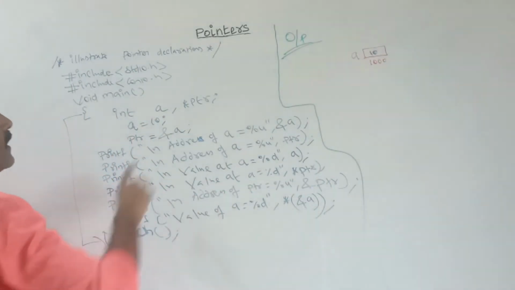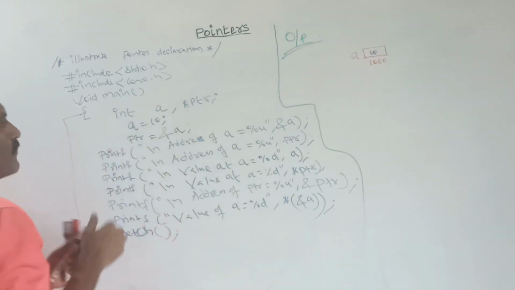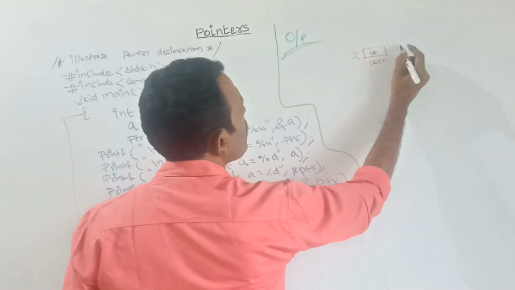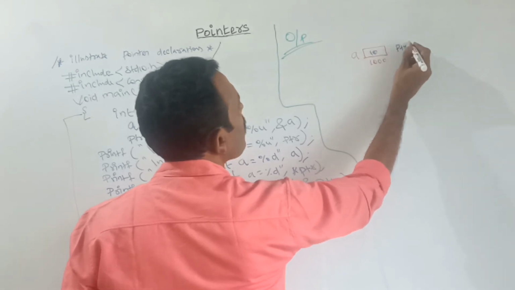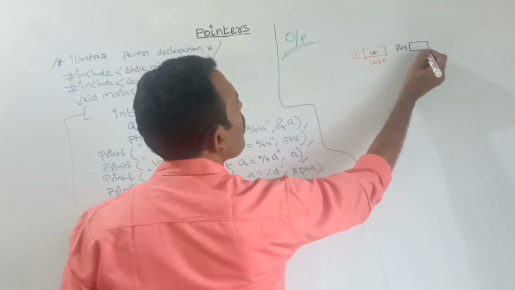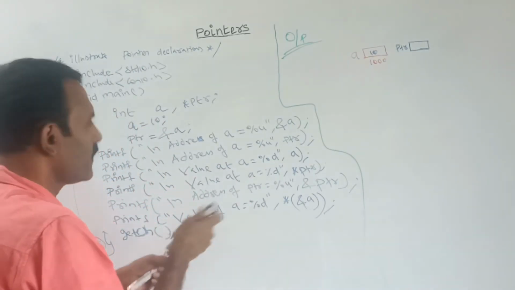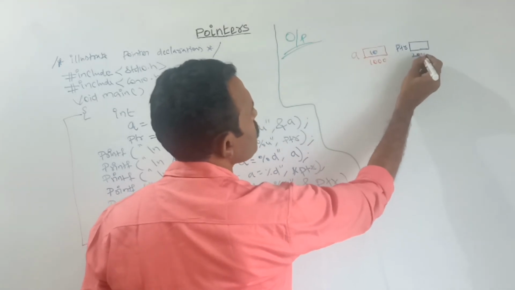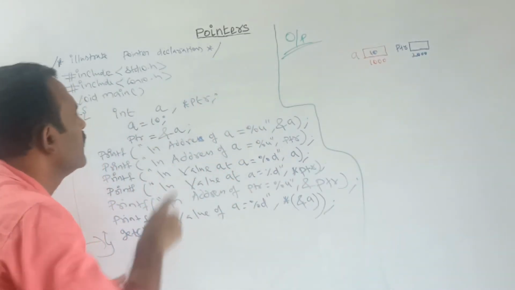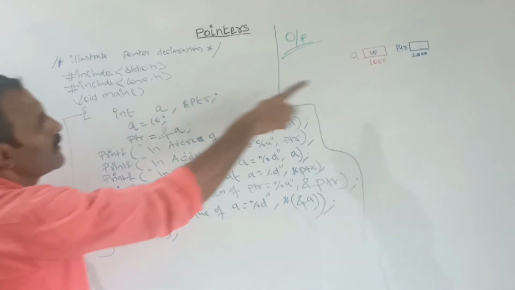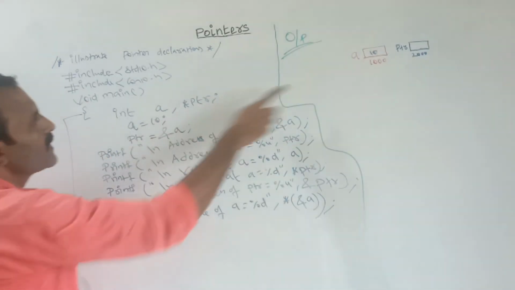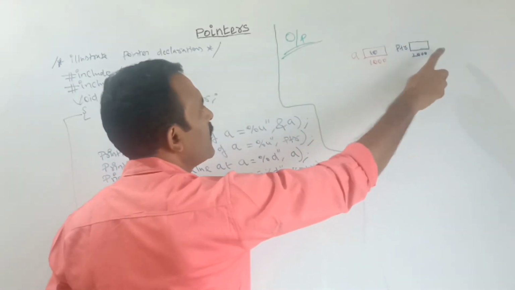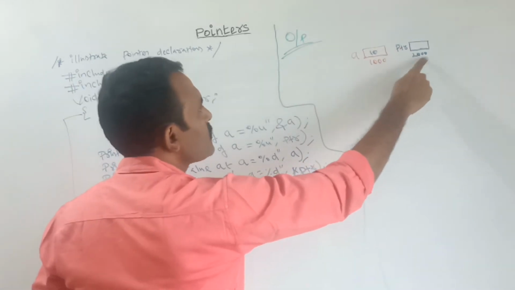Next, totally two variables. The next variable is a pointer variable. So this is the pointer variable. Say for this pointer variable also it has an address. For example, let us take this one as 2000. So in this step the compiler allocates the memory for A, and next I store the value 10 to A. Then I allocate the memory for the pointer variable. This memory address is 2000.